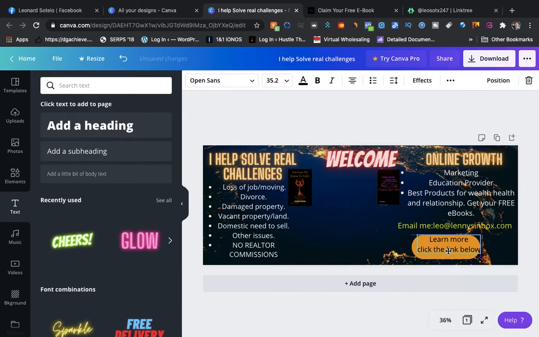I want to move that there, and I can make these letters bold, so it kind of sticks out a little bit. So let's see, go bold. It's a little fatter right there. I could shrink it up a little bit, but I want to make sure I have a call to action in here,